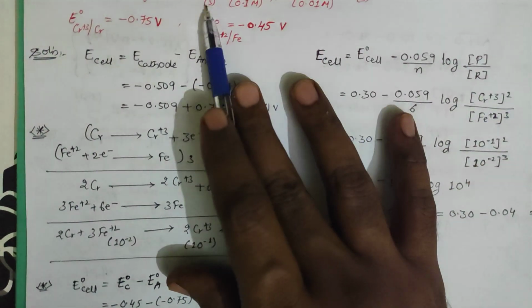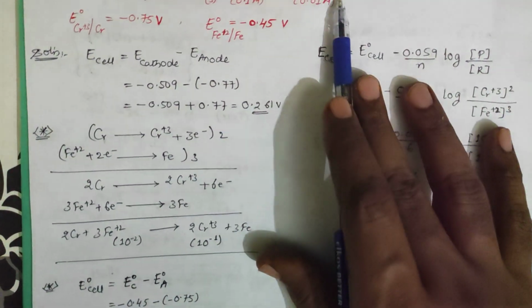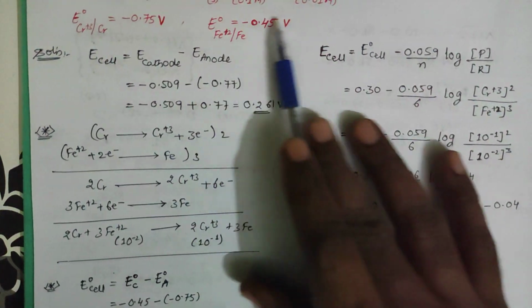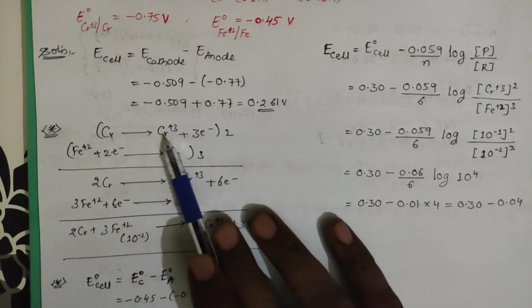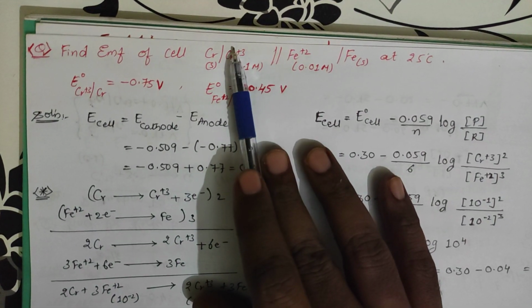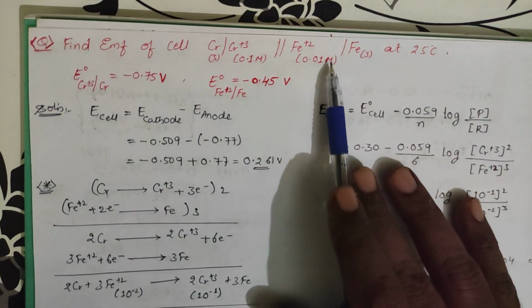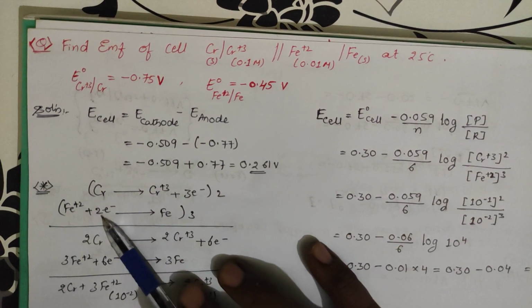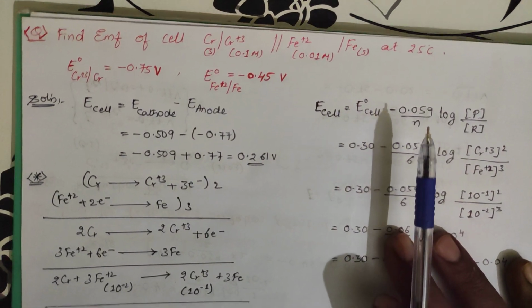See, RHS minus LHS. So what is the value of RHS? You should calculate, right? Same way. Suppose, let us write this equation. So chromium getting converted to chromium plus 3 electrons, because this is the oxidation side, right? This is the oxidation side. Reduction side. Fe plus 2, by taking 2 electrons, it gets converted to Fe. See, here 3 electrons are there, here 2 electrons are there. You should cancel out both the things.